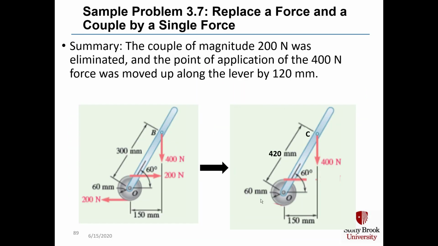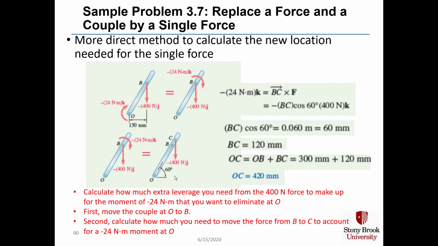So in summary, we were able to take our original force of 400 newtons and our 200 newton couple and change the position of where that 400 newton force was from point B to point C, which then eliminated our 200 newton force couple. This is actually a more direct method to calculate the new location needed for the force, and that is if you have to go from a point B to a point C, and you know at